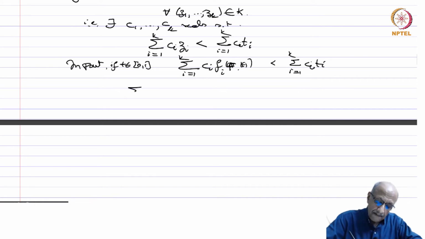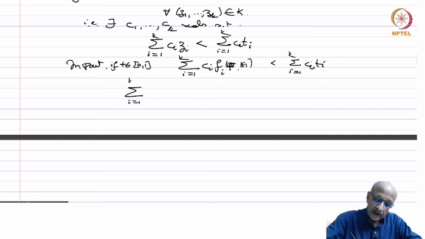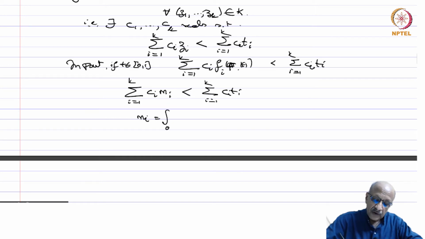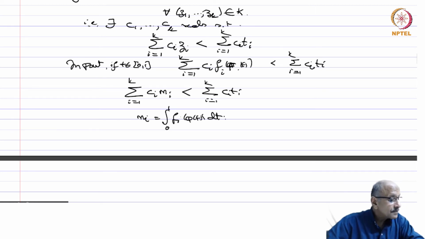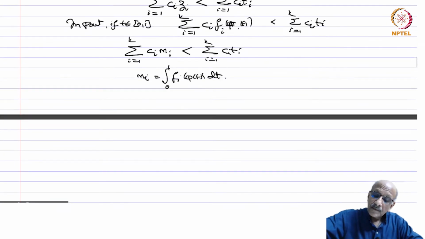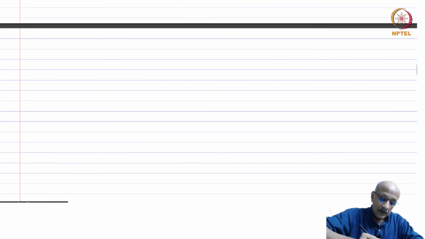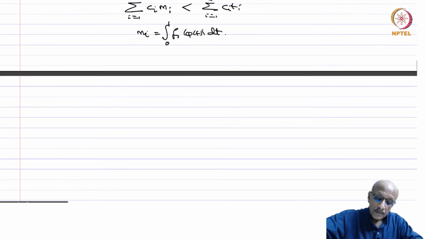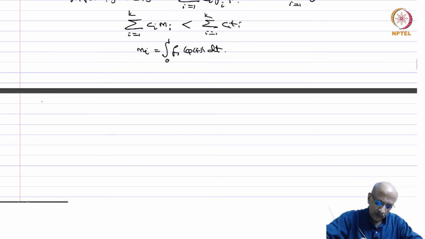Therefore, the sum over i equals 1 to k of Ci Mi is strictly less than the sum over i equals 1 to k of Ci Ti, where Mi is nothing but the integral from 0 to 1 of Fi of phi of t dt. Okay, so what does this mean? So, in other words,